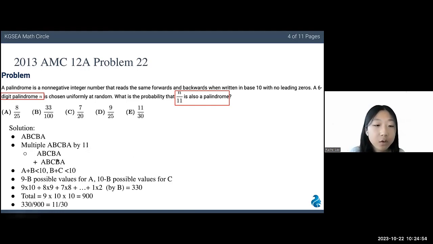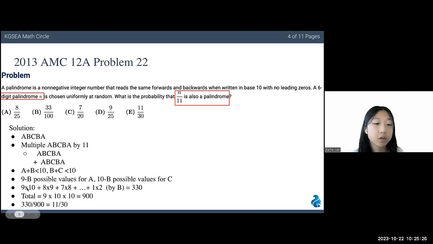So when we do so, we can get this sum, and from that we can say that A plus B is smaller than 10 and B plus C is also smaller than 10. So from this, we can say that there's 9 minus B possible values for A and 10 minus B possible values for C. And then we can calculate the total amount of possibilities for the 6-digit palindrome n to form,